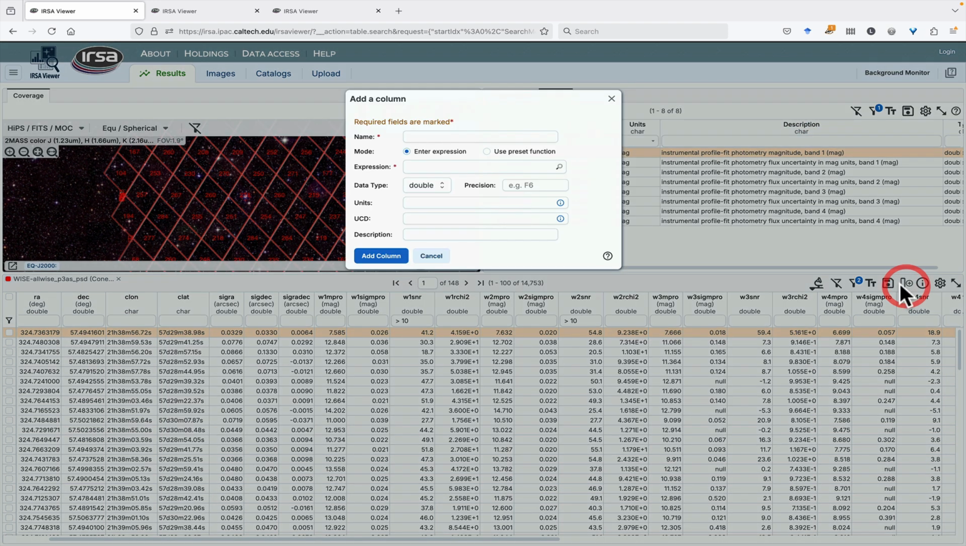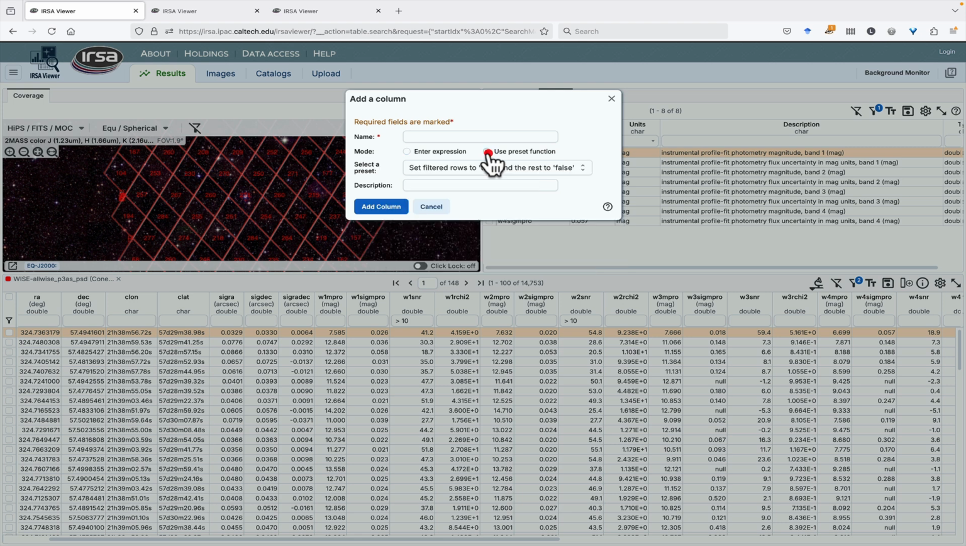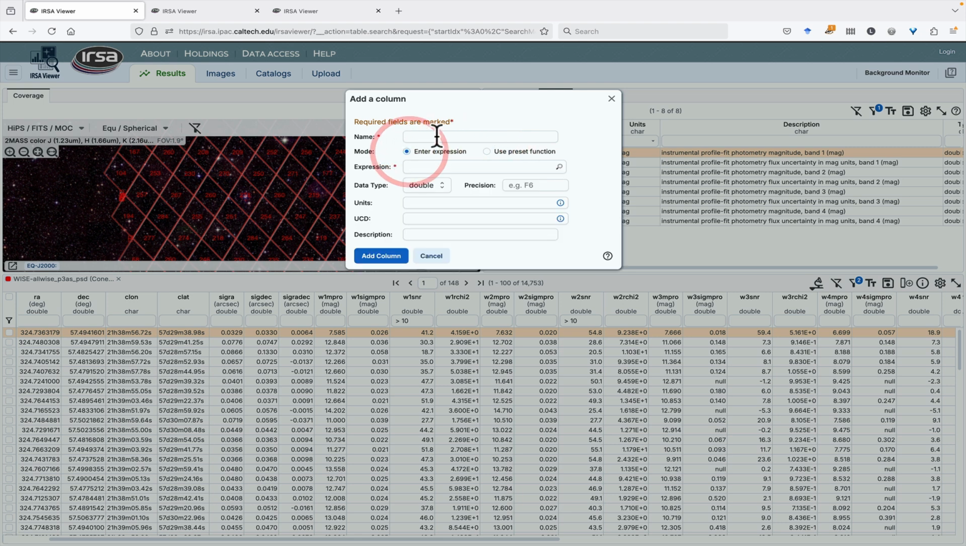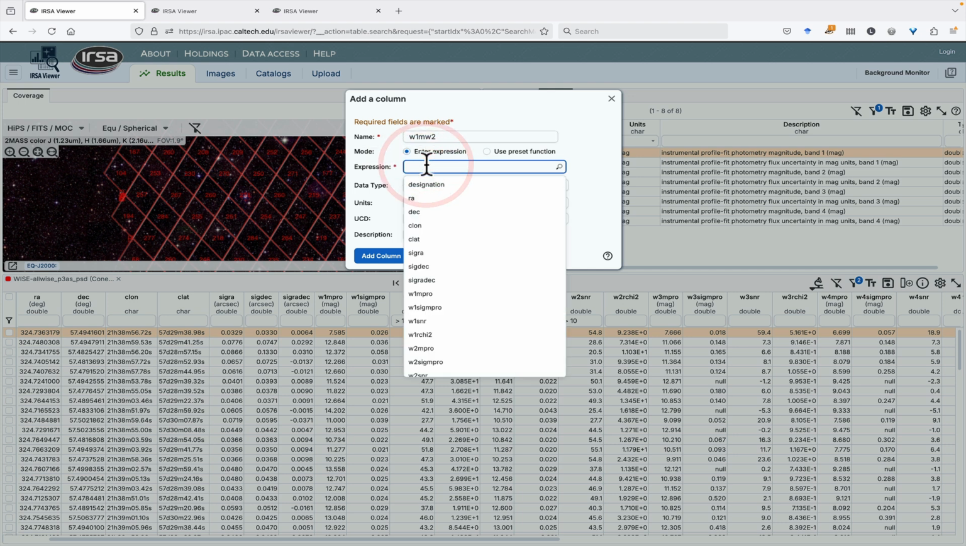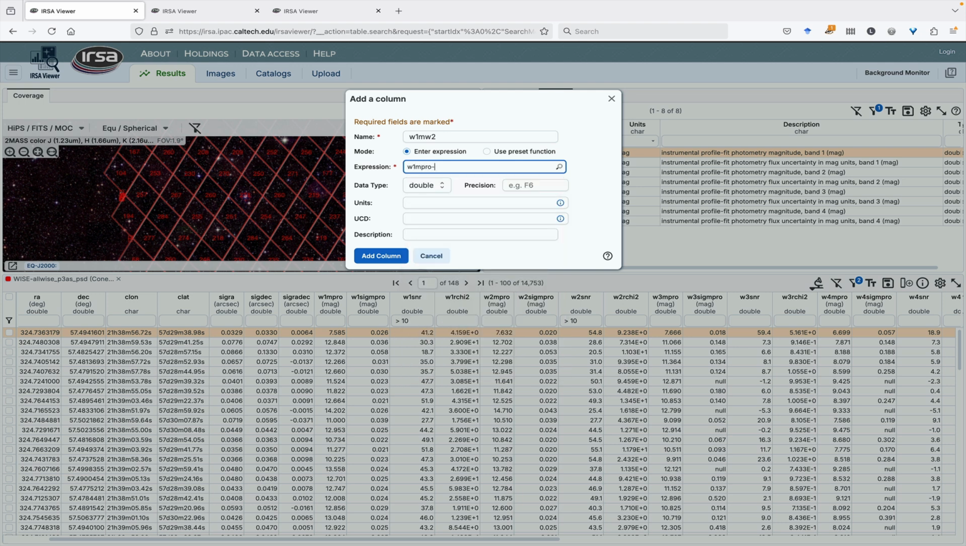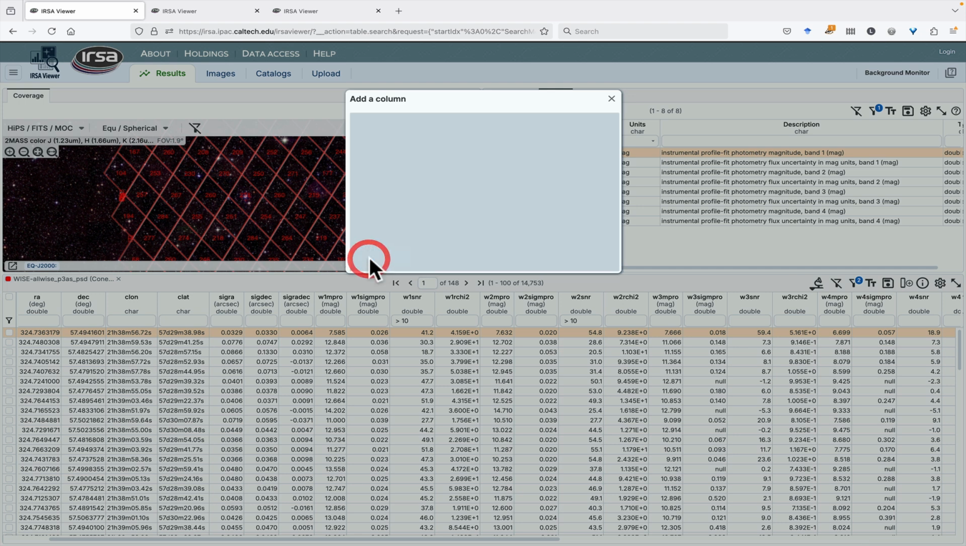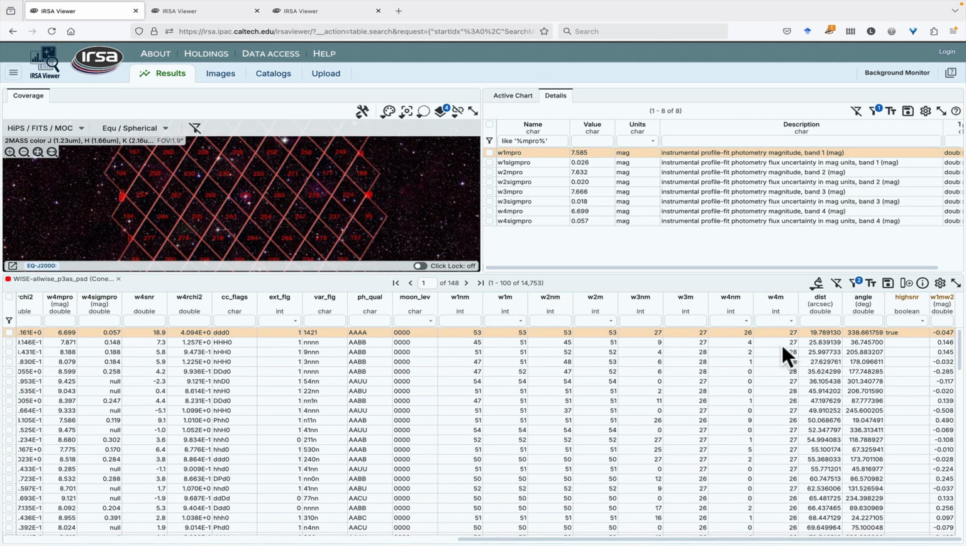We've already covered a little bit about adding a column. I used a preset function earlier. You can also enter an expression. So, for example, if you want to do WISE 1 minus WISE 2, you have to have a name for the column that doesn't involve any special characters, but then you can do W1MPRO minus W2MPRO and tell it I would like three digits past the decimal point, units of magnitudes, and then add a column,